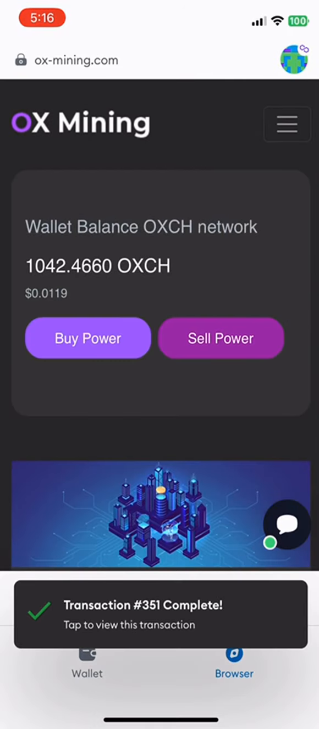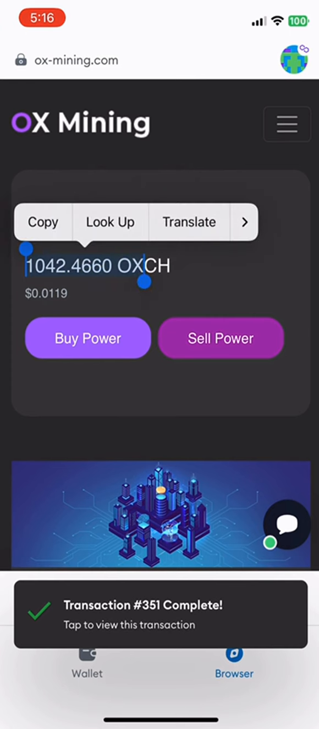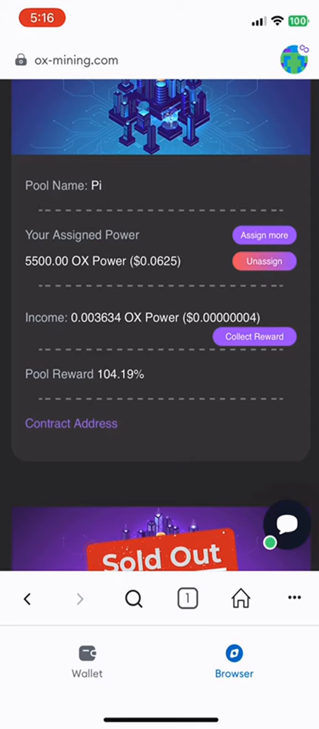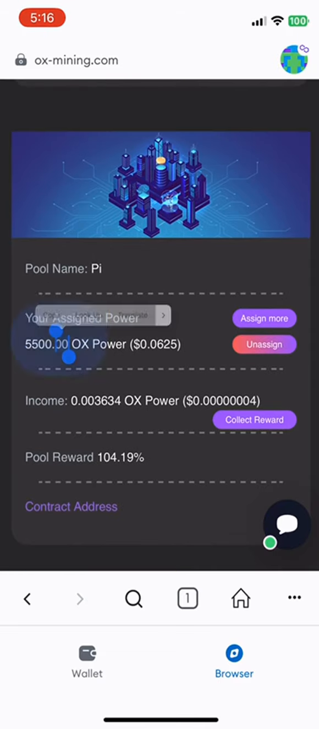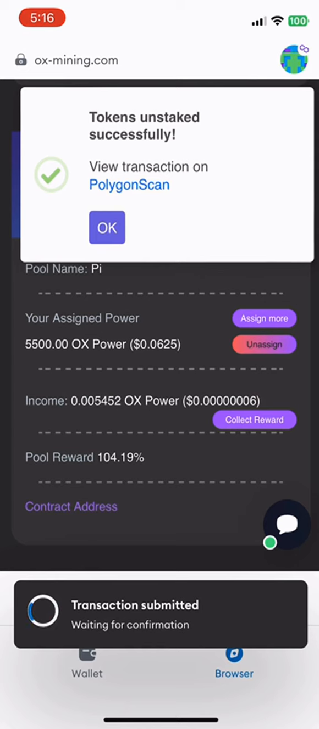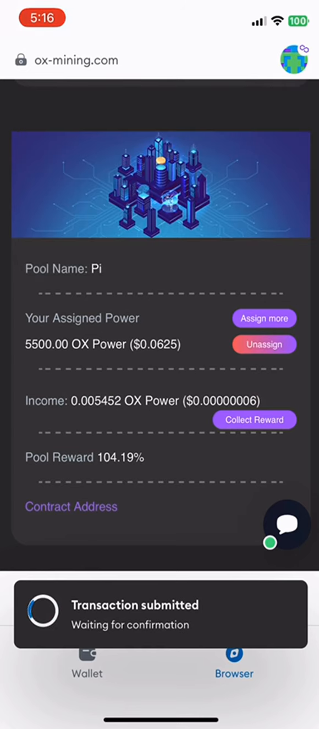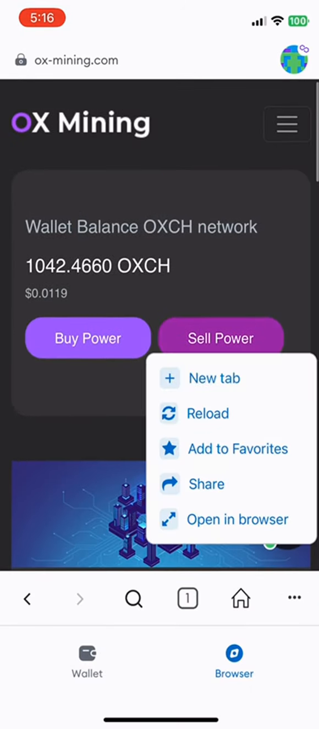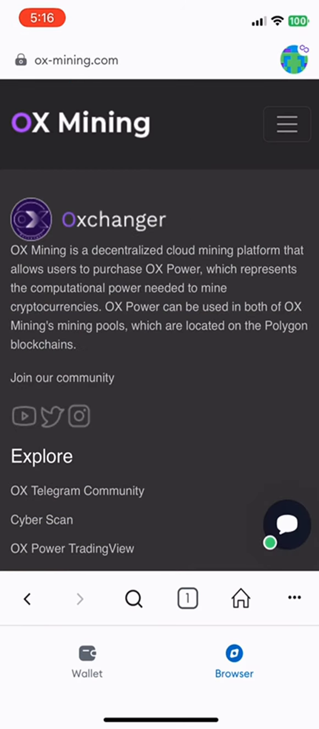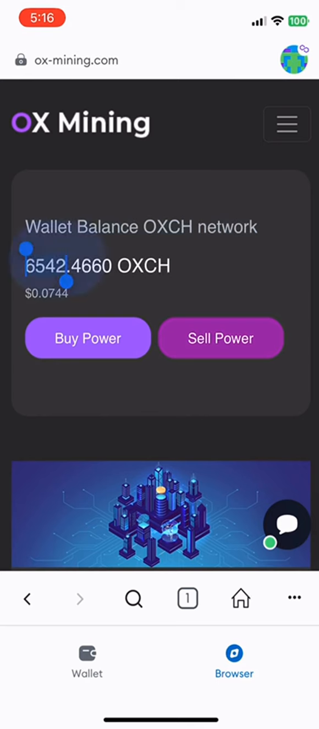This consistent stream of profits, accessible at any time, adds a dynamic element to the crypto journey. The potential to become a millionaire is a testament to the groundbreaking nature of this mining venture. In conclusion, OXChanger's vision aligns with the ever-evolving landscape of crypto, where accessibility, privacy, and continuous rewards converge. As the refreshed Web3 page unveils the staked amount, it marks the beginning of a profitable and secure mining experience